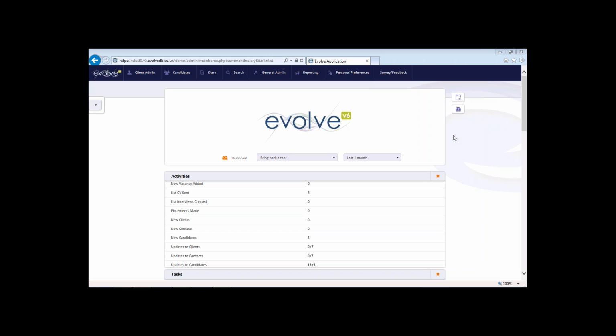Okay, a quick high-level view of Evolve recruitment database software. First and foremost, Evolve is a cloud-based solution. We can tell that by the presence of this URL in the top row and the fact that we're using Internet Explorer to actually view the system. That's all securely logged onto the Evolve servers, which are owned by the business who develops and provides the